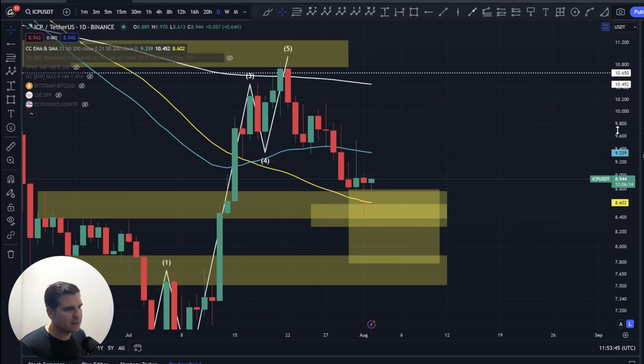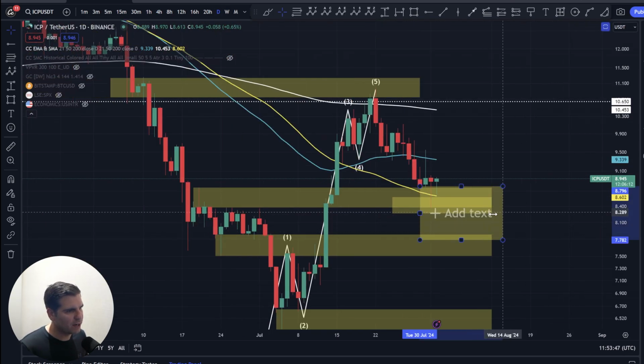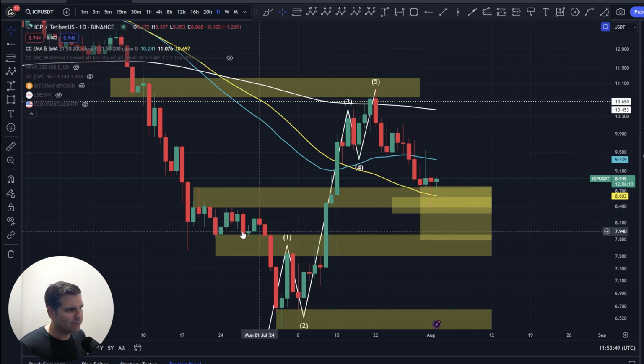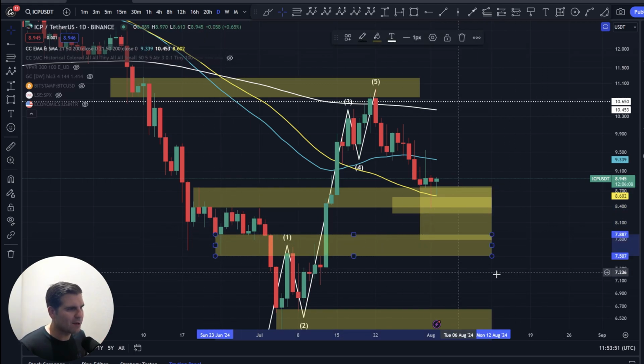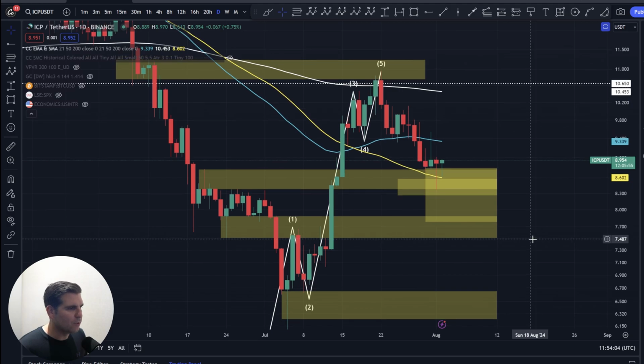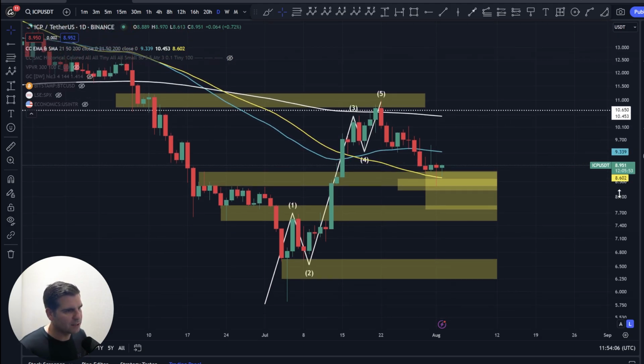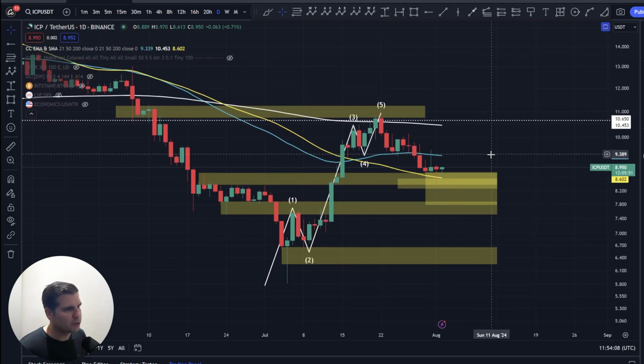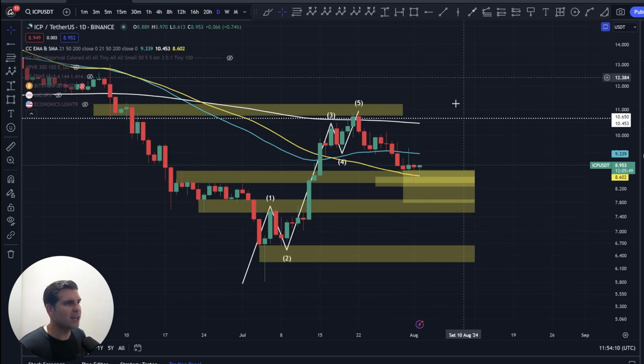Okay, so you can see that this broader yellow target range on our daily time frame taps into that lower range that we were talking about in the previous video as well, $7.50 to $7.88. This is a previous area of support. If we do have to come down into those deeper ranges, which as I say is a possible scenario, then we are going to be looking for that lower range to come in here for ICP. And that could be a huge opportunity to dollar cost average and build out those positions ahead of what happens next,